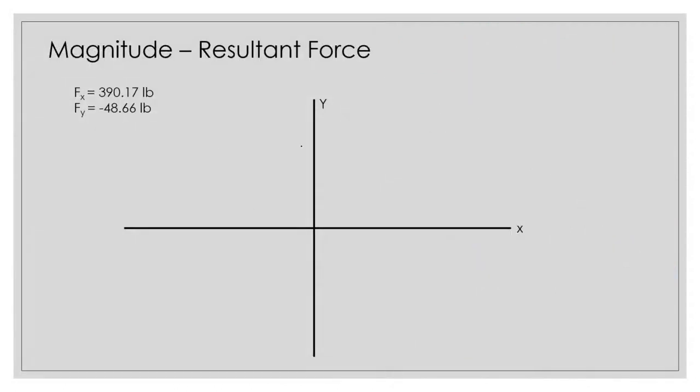Now that we hold on to these two values, the Fx and the Fy, we're going to work with our resultant force. That involves you plotting these two points. Because the first is in the x direction, this will be for your x-axis. Because the second one is in the y direction, it's going to be on the y-axis. So let's count it off. Ready? 1, 2, 3, 390.